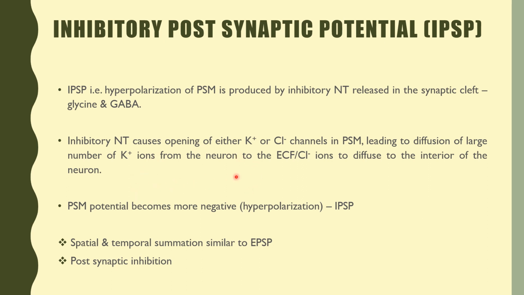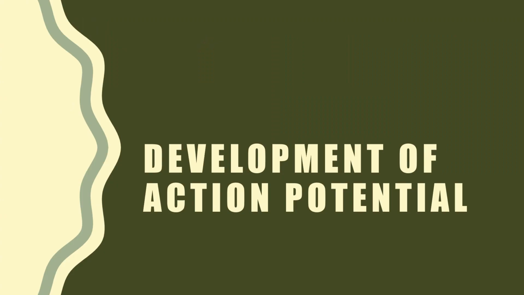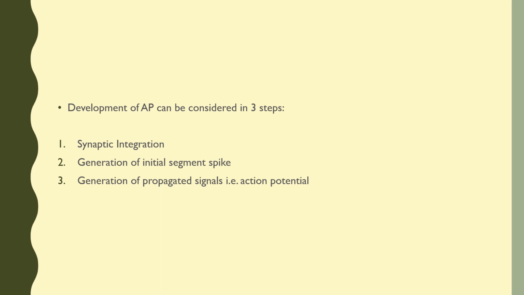It means we can say it won't get depolarized. It will become more negative, or hyperpolarized. That is called the inhibitory postsynaptic potential. And similar to the EPSP, there is summation, either spatial or temporal. Okay, and it ultimately leads to postsynaptic inhibition. So the development of this we have covered. There are only 3 steps. One is the synaptic integration, generation of the initial segment spike, and